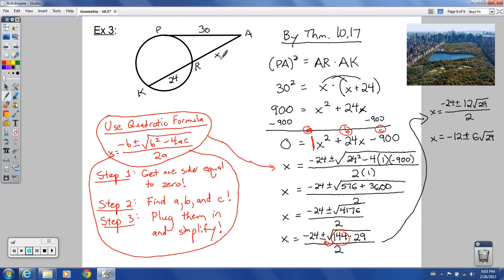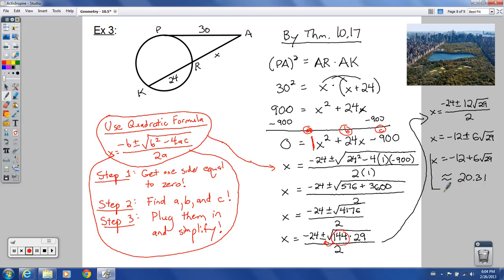We go back to the picture, though. Think about it in the context of the problem that we're doing. Negative 12 minus 6 radical 29 wouldn't make any sense, because that would be a negative, and then this would just make it more negative. To say x equals a negative number, no, can't happen. X is a length. A length cannot be negative in Euclidean geometry here. So we're going to say, therefore, x equals negative 12 plus 6 radical 29. We get rid of the minus option. We just have the plus option. If you type that into a calculator, you do 6 times radical 29 and add that to negative 12, you're going to get